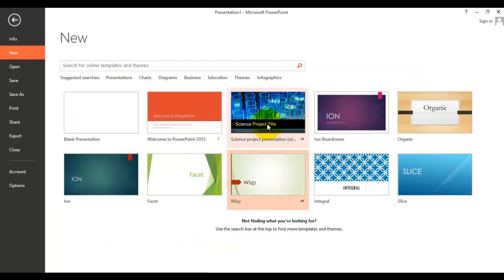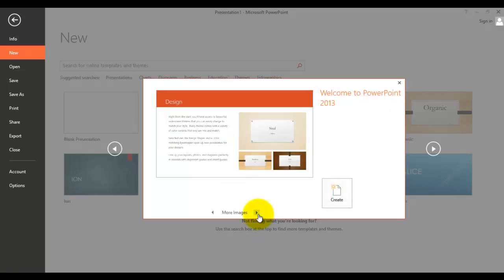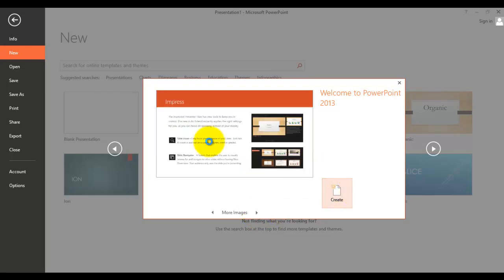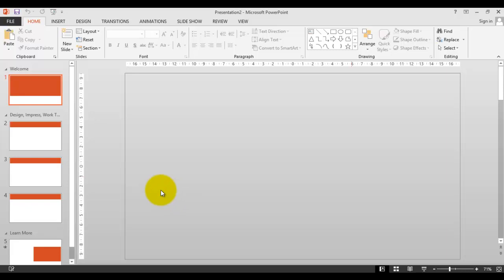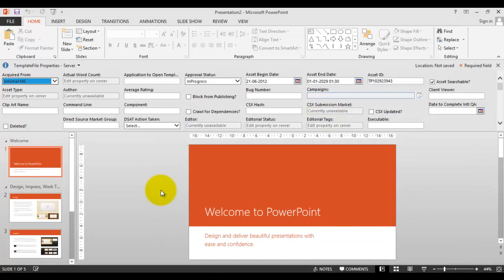This is the one which I have selected for project. Welcome to Office 2013. Let's see this one, 2013 template. So by selecting this one, you can see what are the,